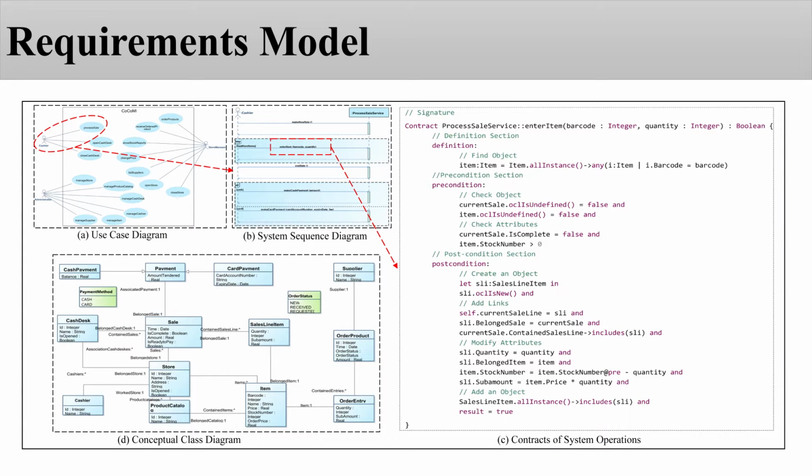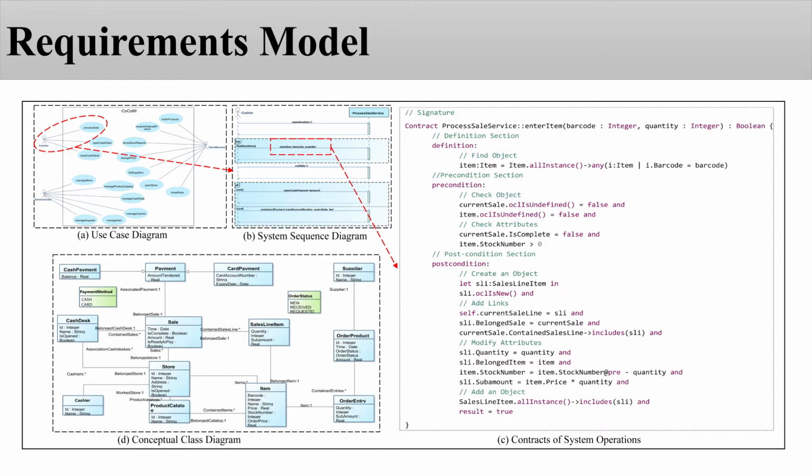A part of the COCOME requirements model is shown here. The use case diagram describes the main functions of the target system. The system sequence diagram describes the process of the use case. It contains the system, the participants interacting with the system, events generated by the participants, and their sequences. The contract of a system operation specifies the states that the system is assumed to satisfy before the system operation is executed, called preconditions,